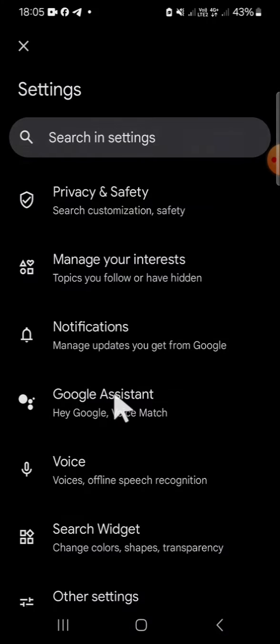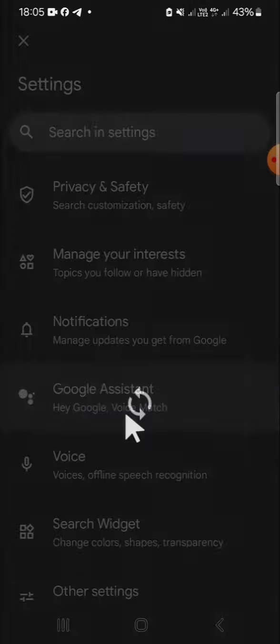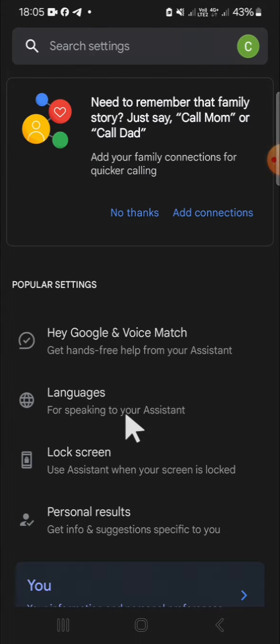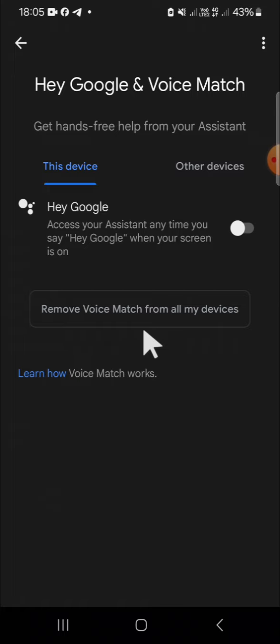Okay, and here we have some options, and since we want to set up Hey Google, we can click on the Google Assistant or Hey Google and voice match. Okay, right here we can click on the Hey Google and voice match, and if we want to activate our